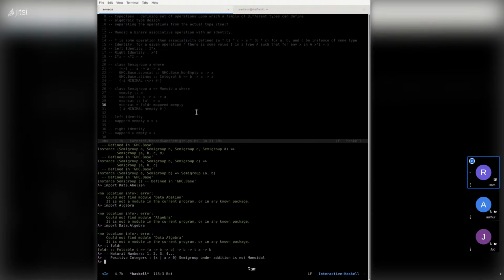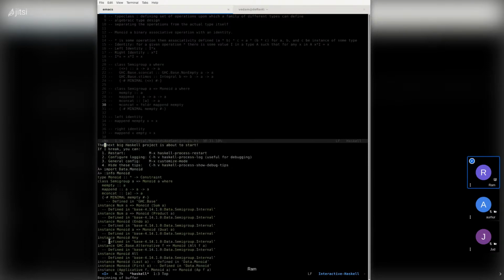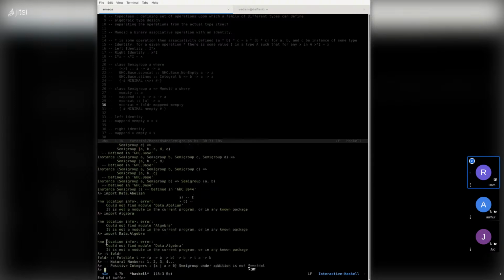So let's look at a couple of examples of monoids in action. I kind of alluded to this already, that monoids have a lot of different definitions, but the most logical one to go through and understand is probably lists, because this is probably the best way of figuring things out.